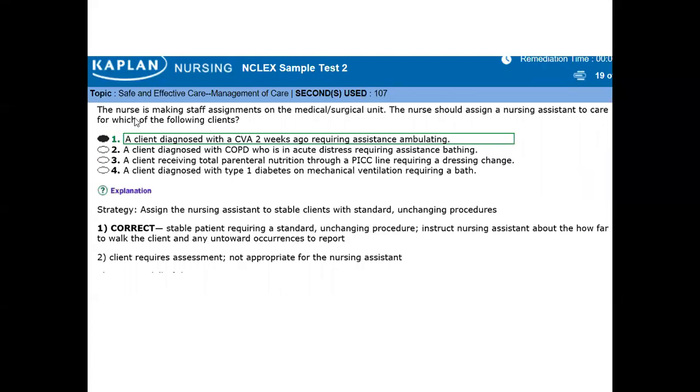So here we are going to discuss a few questions and answers about safe and effective care management. Question number one: the nurse is making a staff assignment on the medical and surgical unit. The nurse should assign a nursing assistant to care for which of the following clients? So this question came about